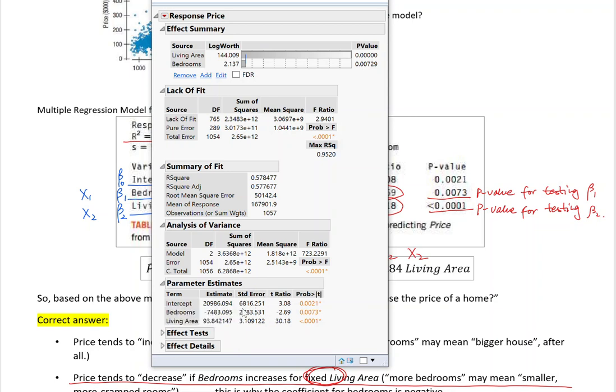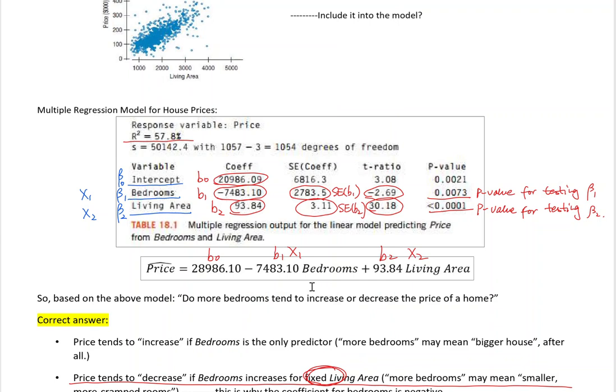So this is the standard error of B0. This is the standard error of B1. This is the standard error of B2, right? And then we can test each parameter and the corresponding p-value. We'll talk about that later, right? So that means based on this, we can write the equation, right? Okay, so how can we write the equation? We need to talk about the general format first,